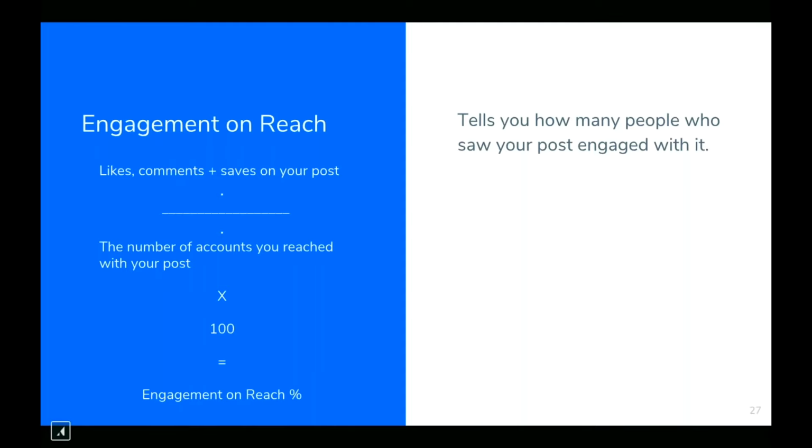So here's the exact calculation. Likes, comments, and saves on your post divided by the number of accounts you reached with your post, and then that's multiplied by 100 to get a percentage. And your post with the highest engagement on reach should be considered your best performing. And you can base your posting strategy on it, you can be pretty confident that that's the kind of stuff that your followers like. But the very annoying thing is that Instagram Insights doesn't offer